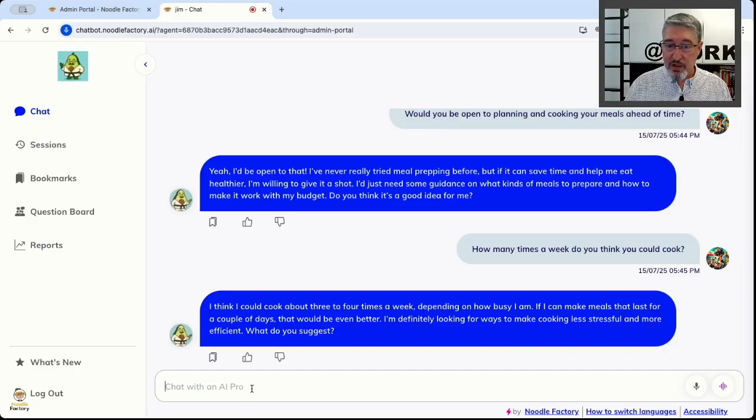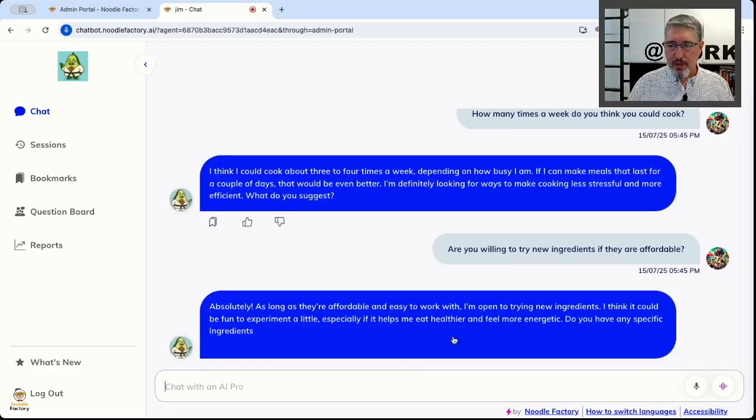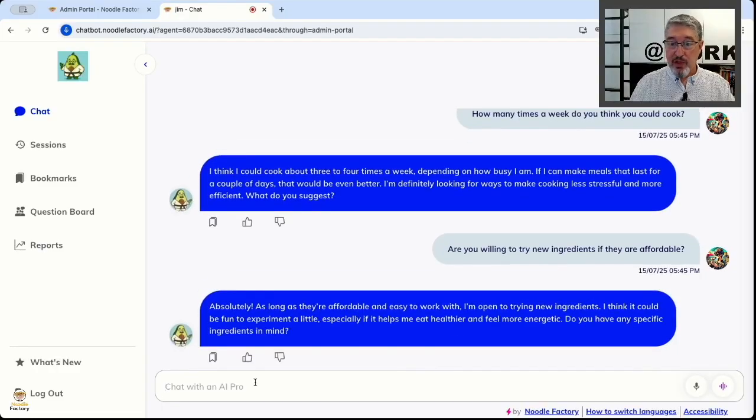Okay, so that's actually quite a high number. And let's ask this question. Are you willing to try new ingredients if they are affordable? Okay, now I'm going to really act like a coach here. I'm not going to give the answer. Probably in the real world, if you were a nutritionist, you'd go ahead and give the answer. But I'm going to go ahead and, like a coach, ask this question based on everything we've